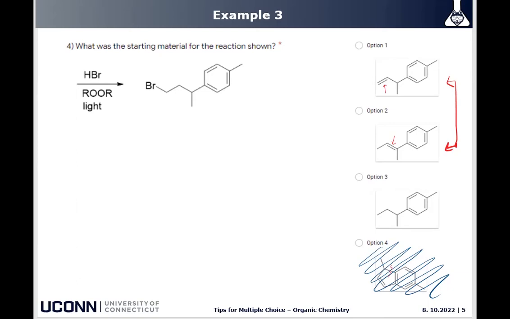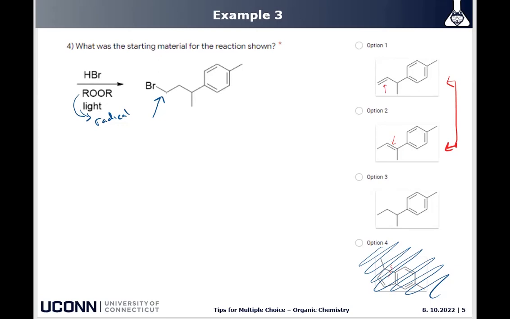So now what we need to do is figure out how to do this problem. We look at the answer again, and we see that we have a bromine in that terminal position and no other double bonds to speak of. When we look at the rest of this, we have light and peroxides. This is a great clue that we're going to be dealing with radical chemistry, and we're going to be doing some sort of formation of radicals and trapping to form our bromine